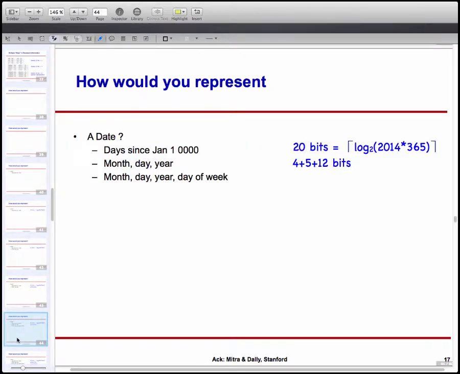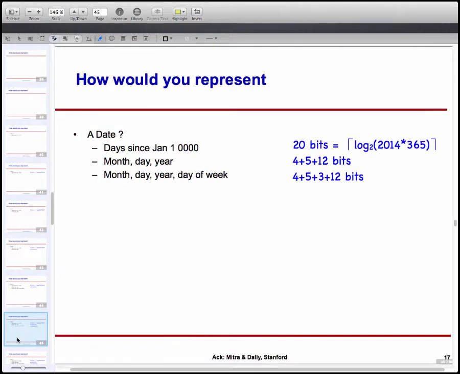Month, day, year, day of week. So now I need the previous ones plus day of week, 7 days. I need another 3 bits. So I need 24 bits. Now,